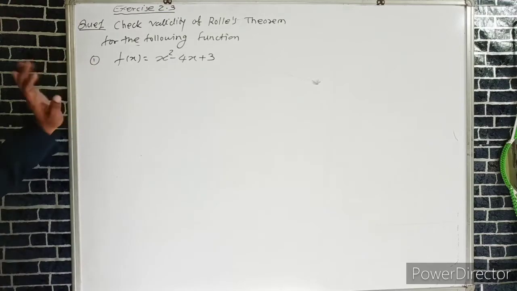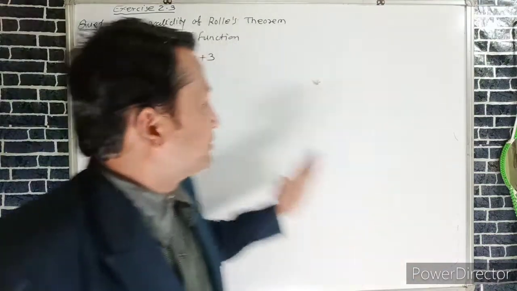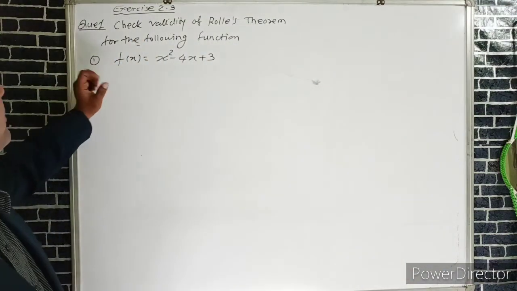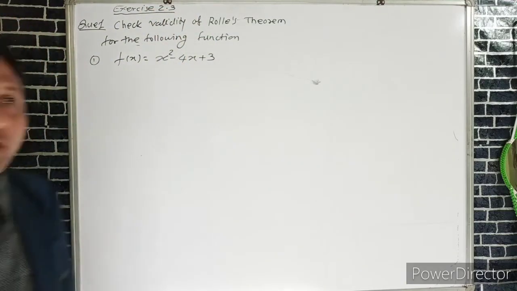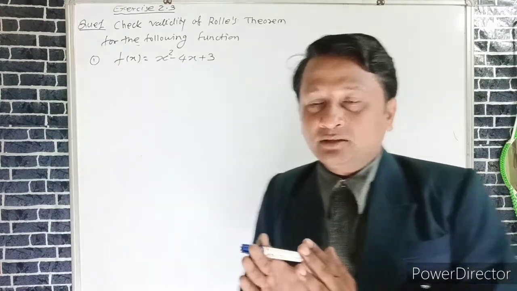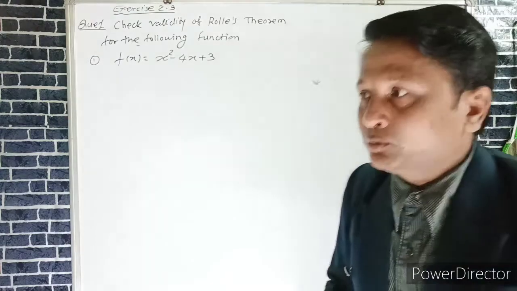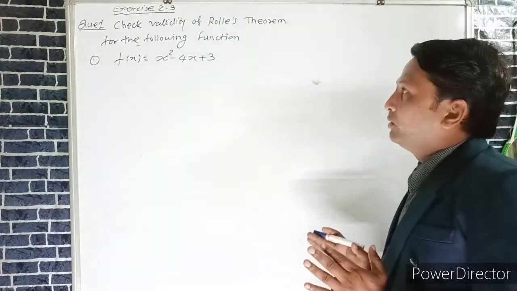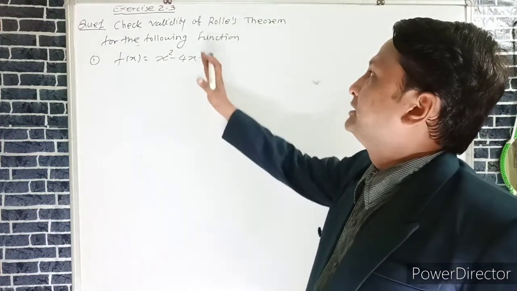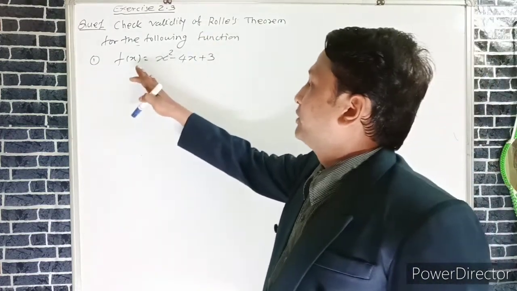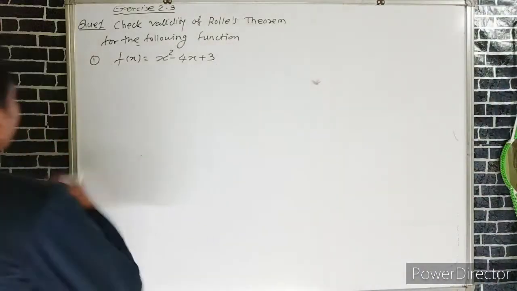The first one is f(x) equals x square minus 4x plus 3, and in this question we have to check the validity of Rolle's theorem. Here we have to check whether the given function satisfies all the conditions of Rolle's theorem or not. In Rolle's theorem,